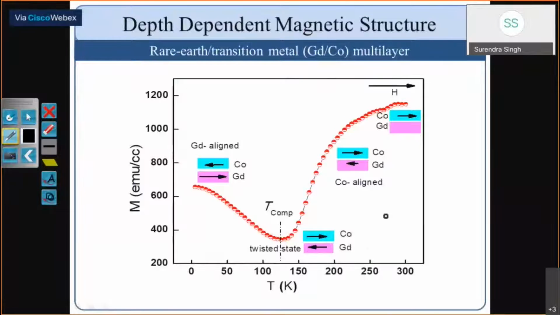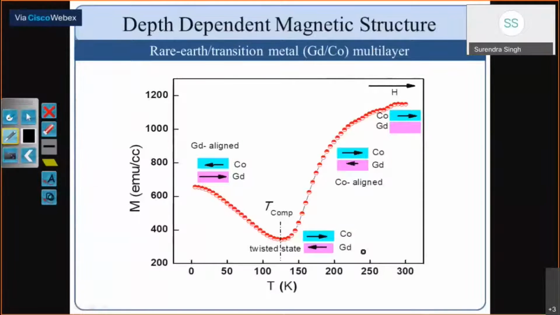Our aim was to study the magnetic structure, what is happening here basically, because this SQUID data won't show anything. It is just saying there is a compensation temperature, and maybe one magnetic moment is increasing, the other is increasing in the other direction, which is compensating here, and then something is happening. So you cannot explain this unless you determine the magnetic structure of both the cobalt and Gd as a